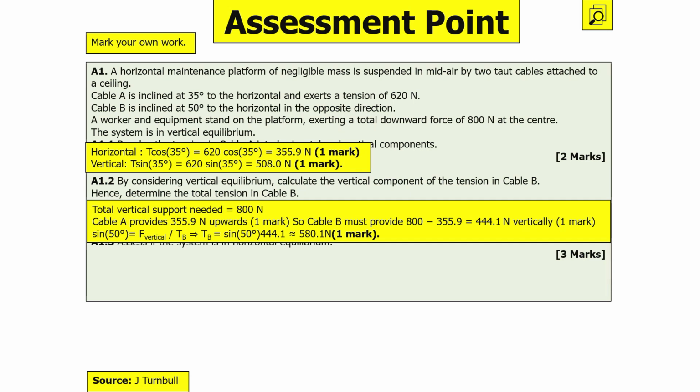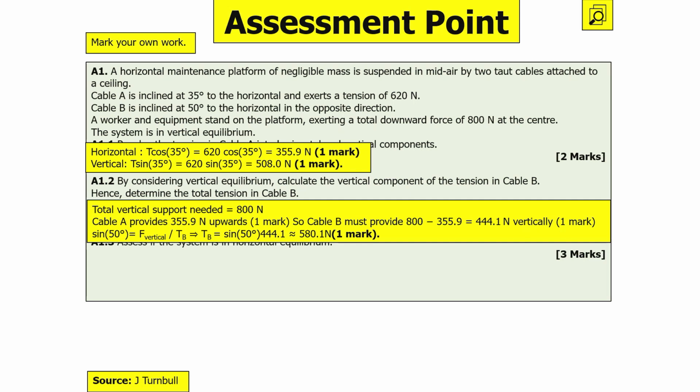Now we know that the total vertical support needed is going to be 800 newtons because we need our overall vertical force to be 0. So if downwards is 800, upwards must be 800. Now cable A, as we've just worked out, provides 355.9 newtons towards this. So cable B must therefore provide